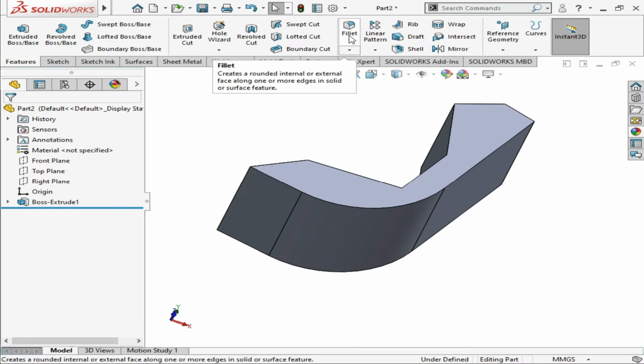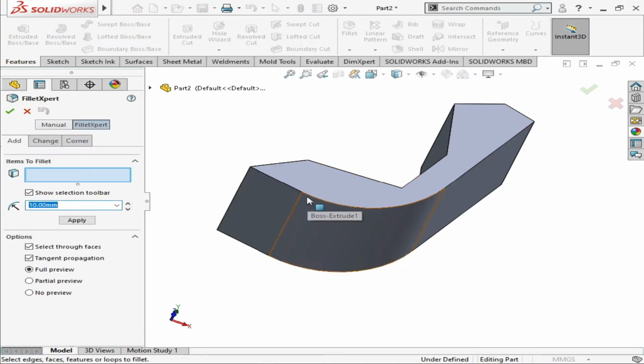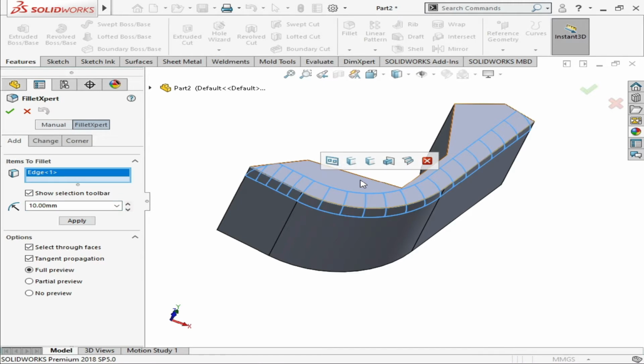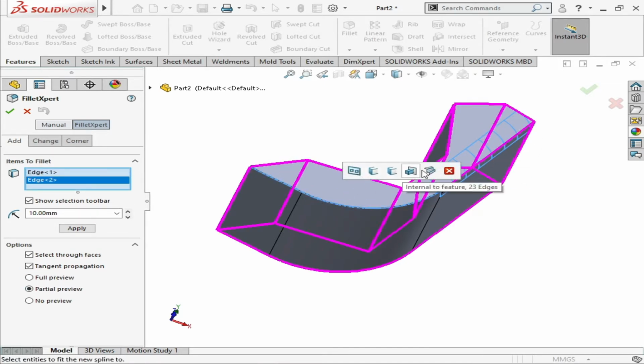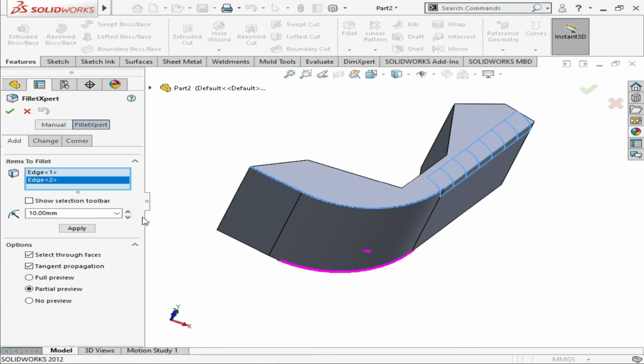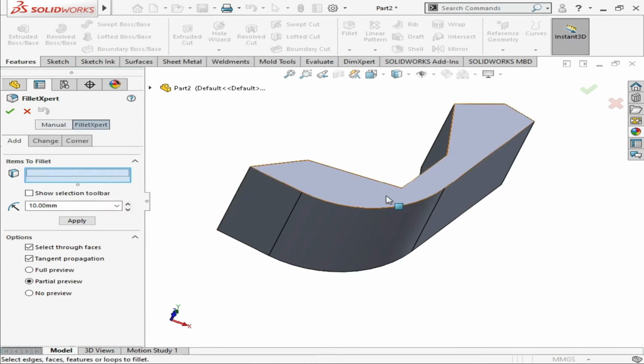For this purpose, we will select the fillet tool and we will select this side. As you can see, this side is selected and shown as lines. You have to make sure that this full preview option is checked, so that you can see how much fillet is going to be used. You simply have to click on one.